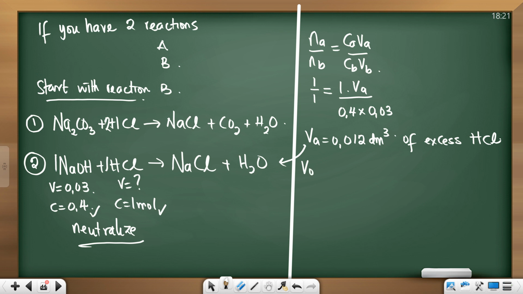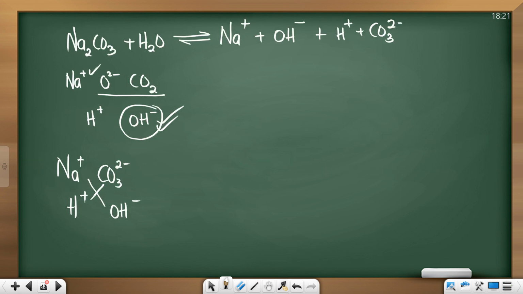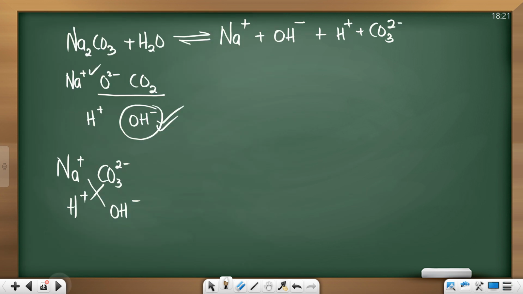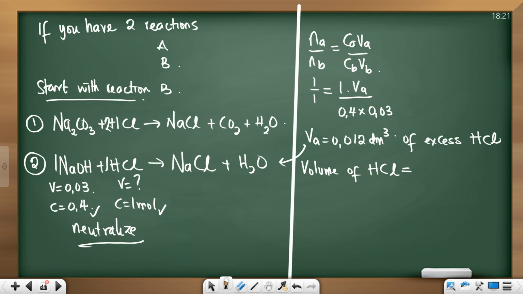Now, what is the volume of the original HCl that we have? Do you remember we were given? Don't forget information. We were given that. They said what? A learner adds an impure sample of sodium carbonate into a flask containing what? 50. Out of that 50, which is 0,05, we have used 0,012. All right. So it means the volume of HCl used in reaction 1